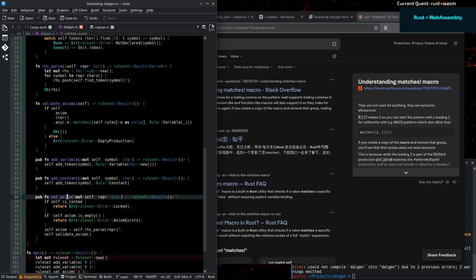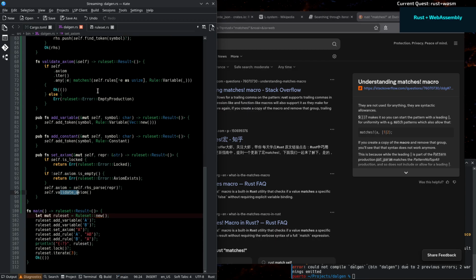So now we have defined an axiom as just the right hand side of a rule, but with an extra validation because it needs at least to have one variable so it can actually produce something. And that being said, the stream is